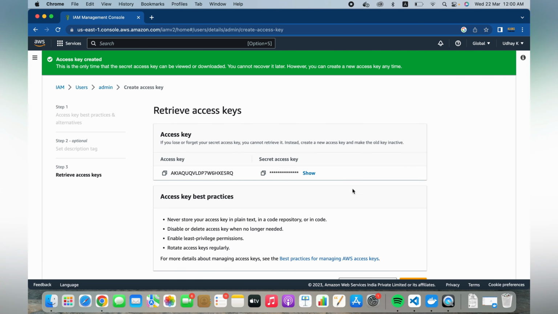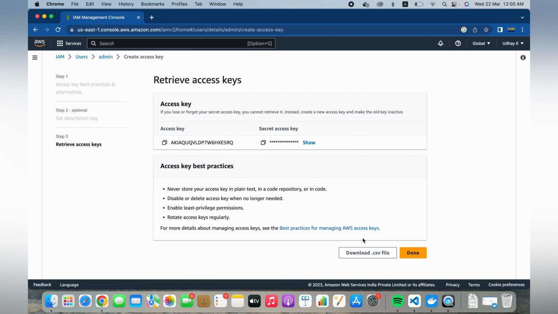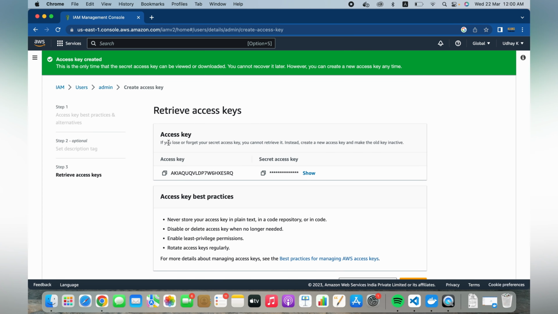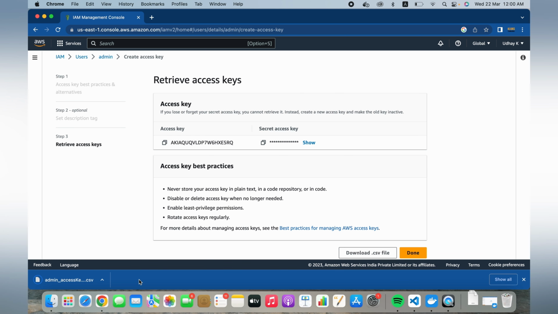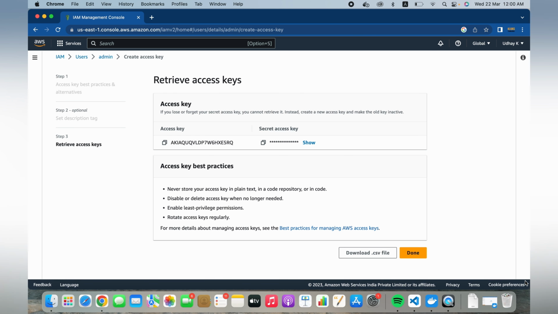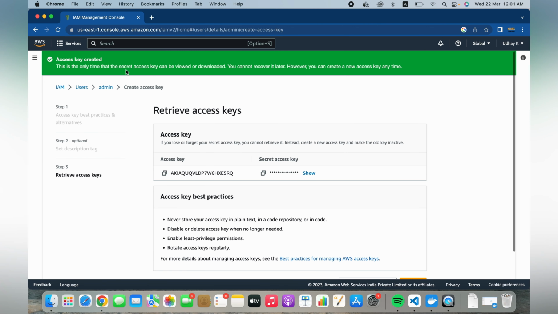Now you see this is created successfully. If you see this message, if you lose or forget your secret key, you cannot retrieve it. You need to create a new one. That is the reason they are giving the option to download the CSV file. Now I have downloaded the access key, so I don't need to keep this in mind. Now I will go to